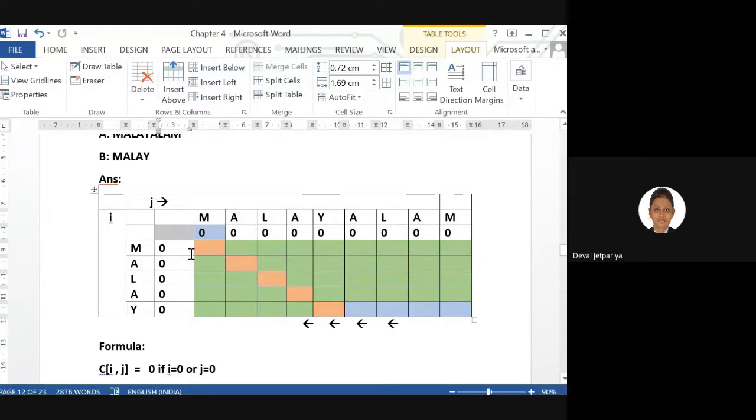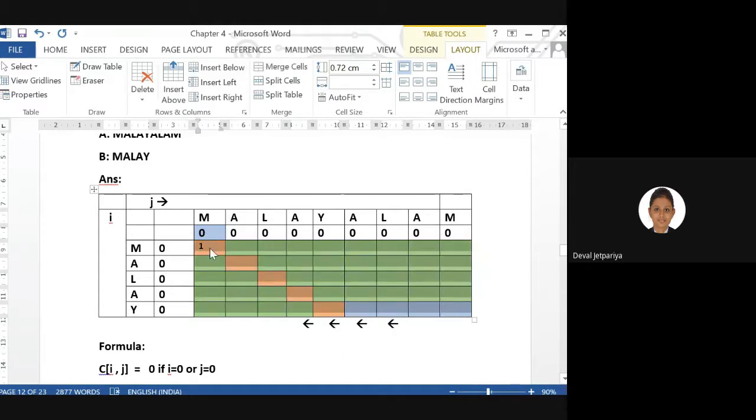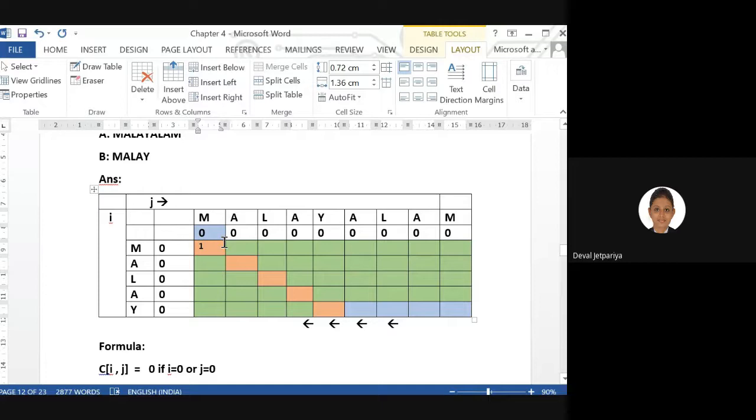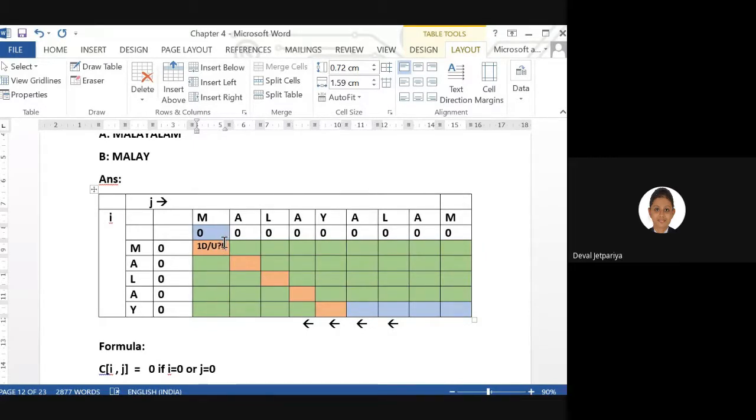So whenever there is no value present as diagonal, what you can do? You can assume that there is a 0. So 0 plus 1, 1. That is correct. But as there is no 0 present, every time whenever we are filling value, we need to give reference. Like whether that value we had obtained with the reference of diagonal, with the reference of upper value, or with the reference of left hand side value.